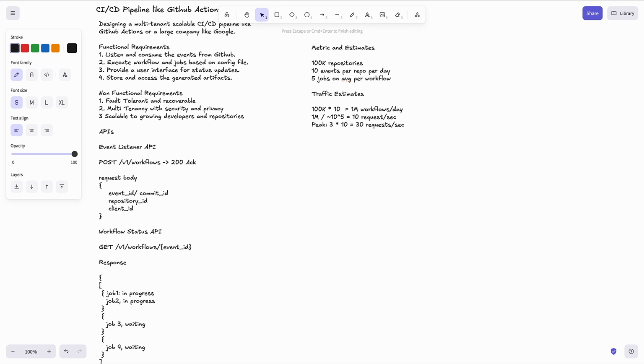Developers will be watching the UI for status updates. Let's estimate the traffic for that, and let's assume that 1% of our daily workflows are running at the same time on average, so that is around 10,000 workflows running at the same time,